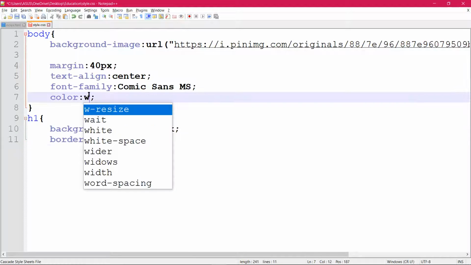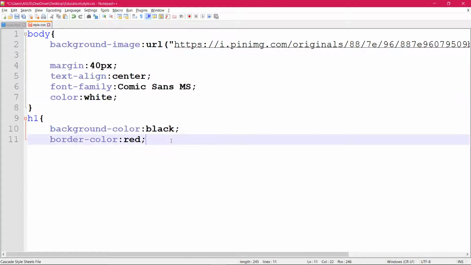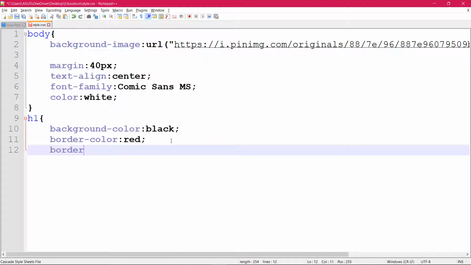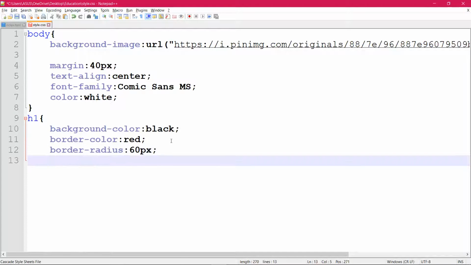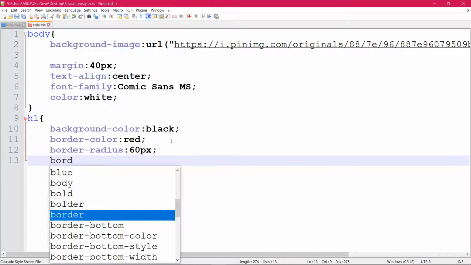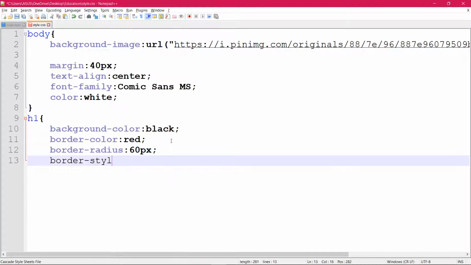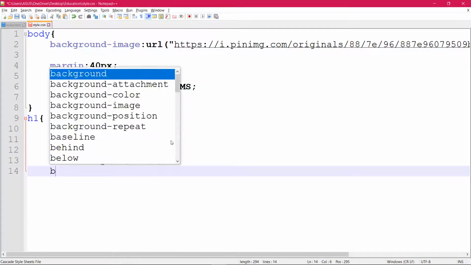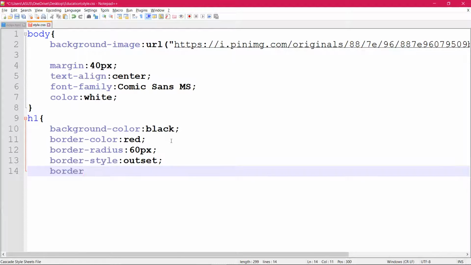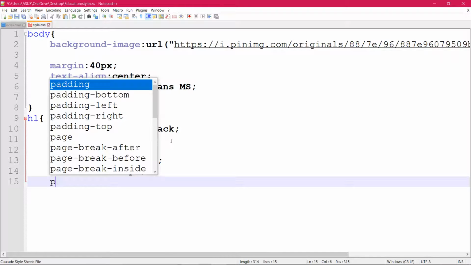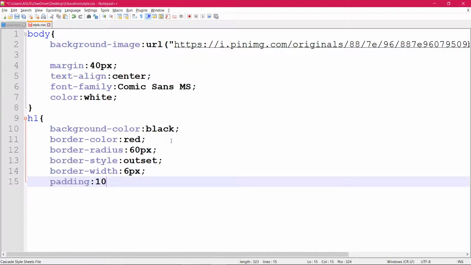We'll change all the text again white, black back to white. The border color red, border radius should be around 60 px. I'll show you the difference. Border style, I'll keep it solid, or I'll keep it outside. I will say border width is gonna be about 6 px, and we need to give some padding about 10